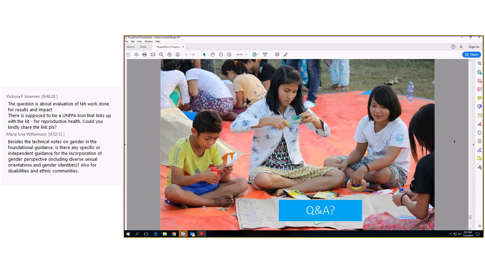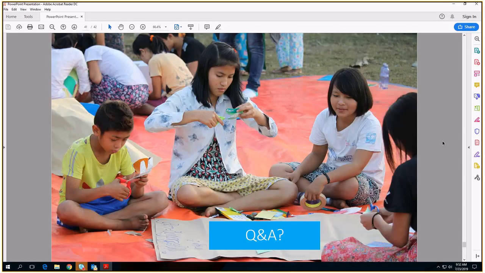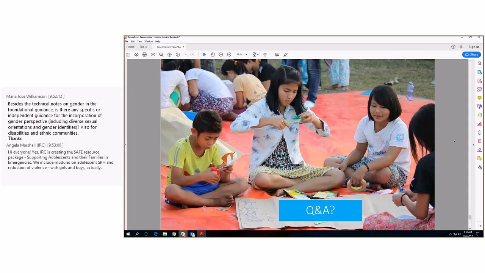IRC has approached our section to see how the two kits or tools can be complementary to one another, and how we can promote the use of both tools in each other's trainings and sessions. So it's not an overlap as such. It can be used as a complementary tool with country offices, specifically for those offices where we feel the need to work more with adolescent girls on health and protection related challenges and concerns. I'm supposed to have that conversation with IRC,